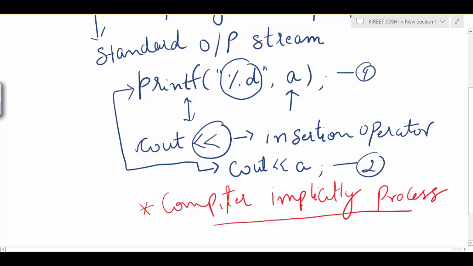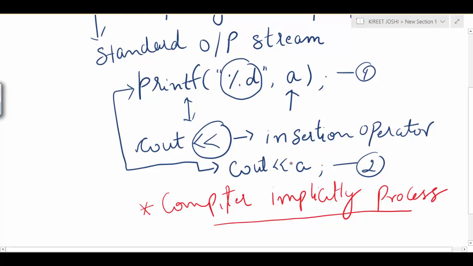The user need not specify any %d, %f, %c type of specifier. It is the responsibility of the compiler to check the data type, and on the basis of the data type it prints the value.